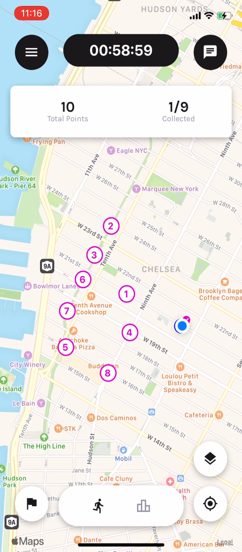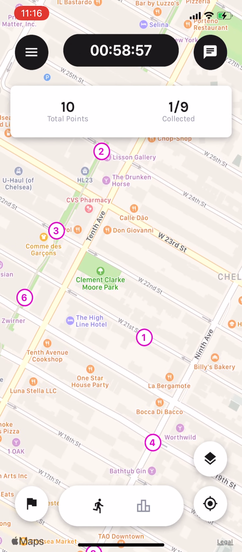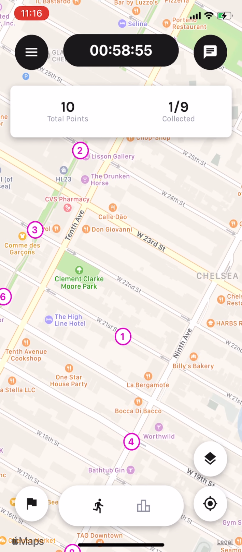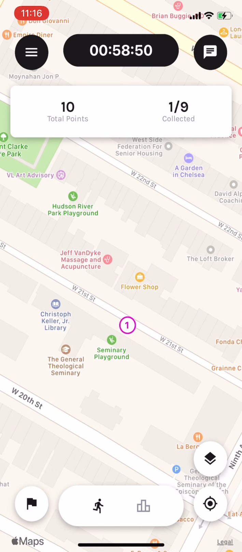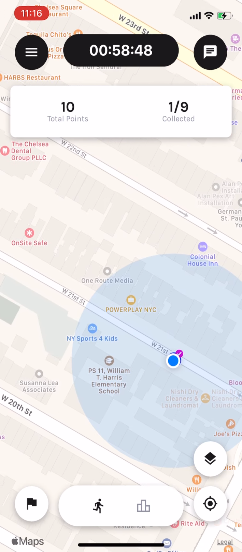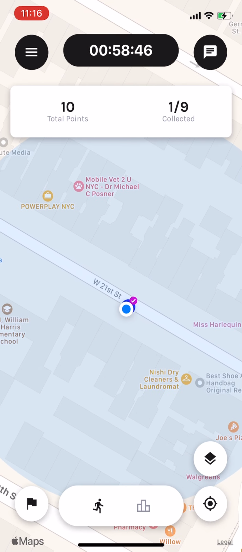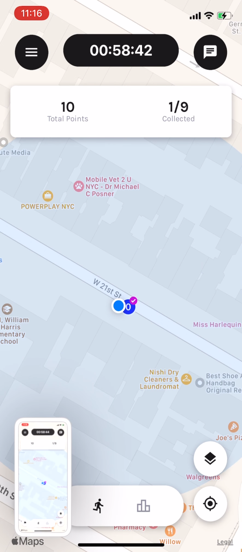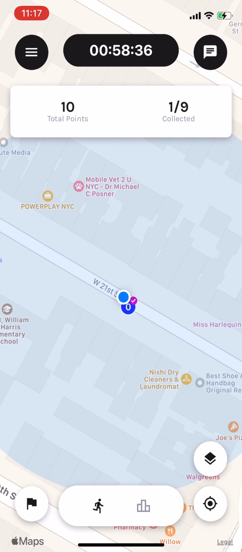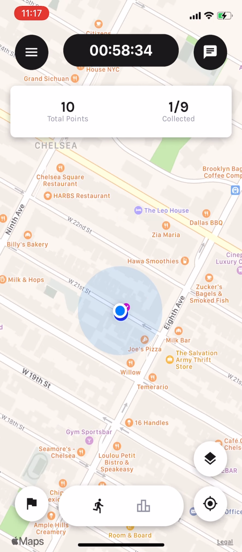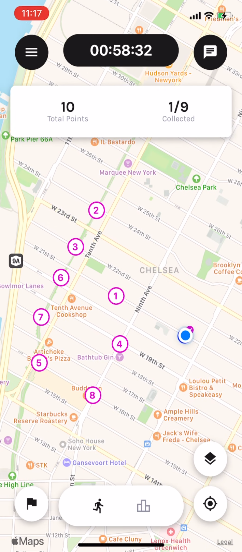If at any point there is a checkpoint that has not been captured and you for sure were there, then simply take a screenshot of your location and where you are in proximity to that checkpoint, like this, and simply email it to us at hey@raidx.pro, and we can change that in the back end for you